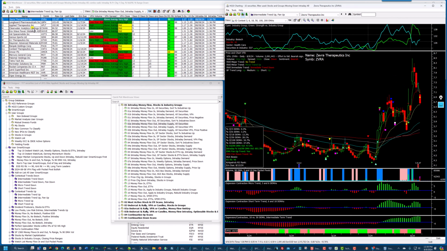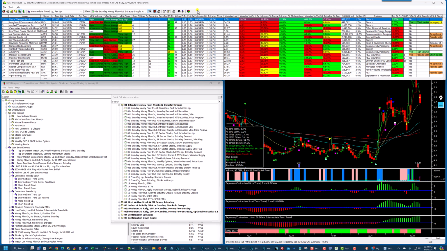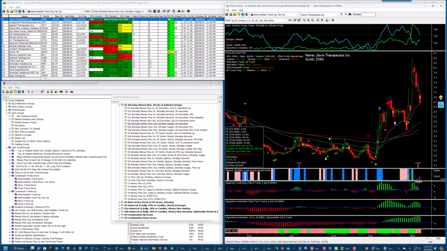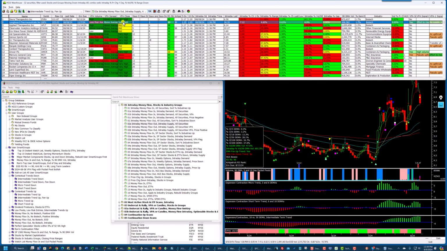So I'm going to bring this up. You can see that the fan is up on this. These are all stacked properly, but this stock got overheated and it's pulling back now. It's down 10.76% today, and the histogram turned red today. Now this got so extended it took a while to cross. Let's see if I can find one that